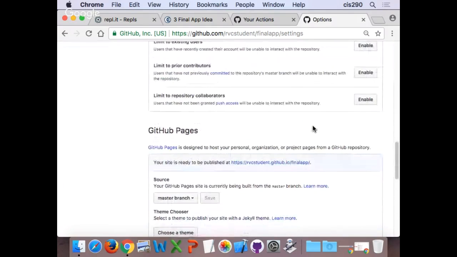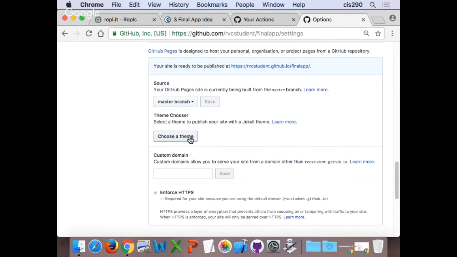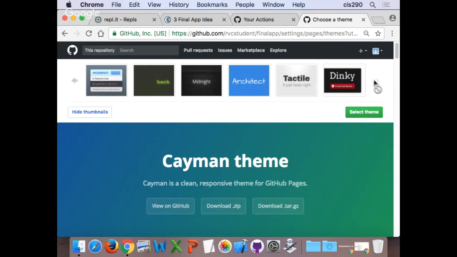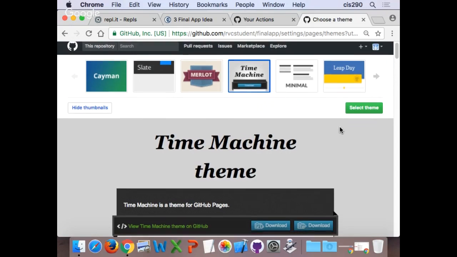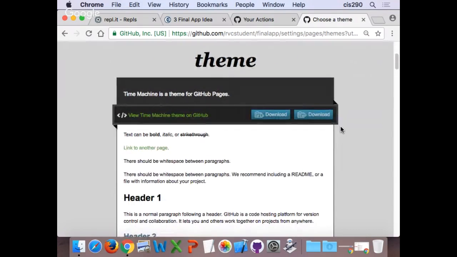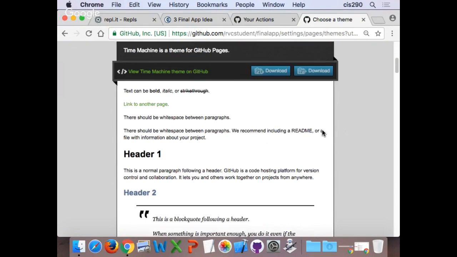Scroll back down. And here you're going to choose a theme of your liking right now tonight. Underneath Theme Chooser, where mine is right here, click that button and select whatever theme you want tonight. You can change this later too, by the way. I'm going to choose the Time Machine, which looks like that. Okay. And I'm going to stop on mine for just a second and talk about this. The code on this for GitHub is its own unique syntax, which is real easy to learn.